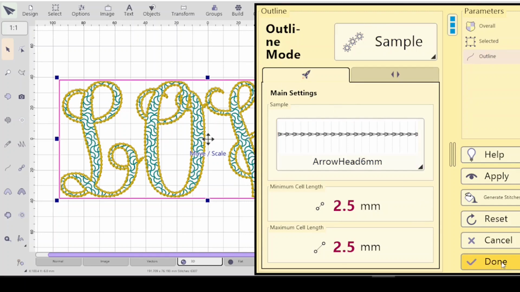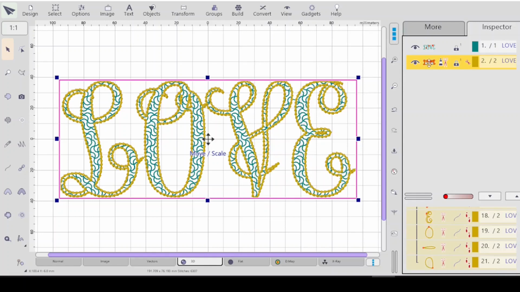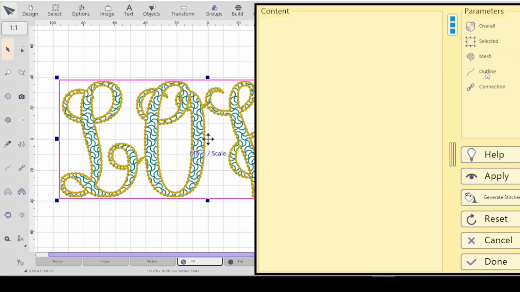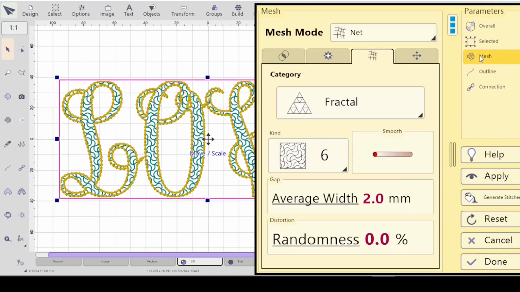If I close this window, you'll see, if I hit done, I just have the outline selected. I could select them all, just so you know, just like in regular Studio, Control A, they're both selected. If I select them both and go back into parameters, you can see I have a choice. Do I want to select the mesh or the outline? So you don't have to waste a lot of time closing and opening. Everything is here, which it was there in regular Studio as well. If I click on, say, the mesh, if I go to try and save these mesh properties, they